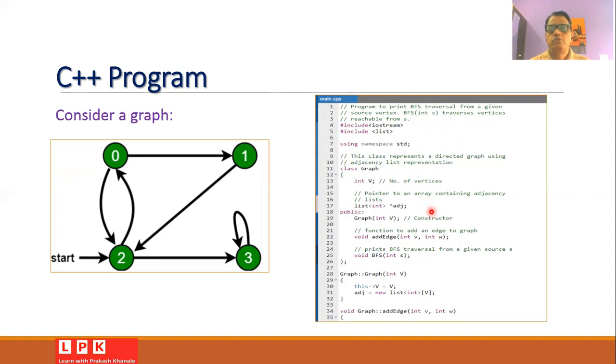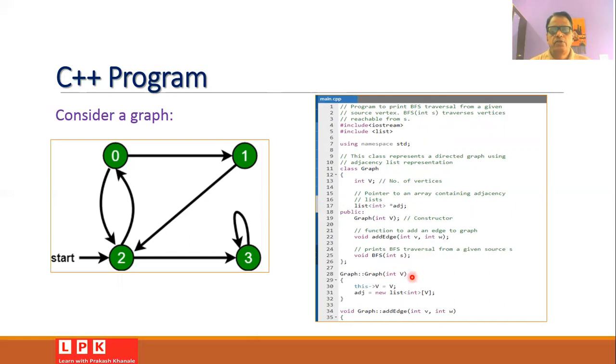Then you can use the constructor function Graph, whose argument is integer V. Then you can use the function to add an edge to the graph, and this function is addEdge, which has two parameters V and W. Then, in order to traverse through the graph and print each vertex of the graph, we can use the function BFS, which takes as its argument the starting vertex.